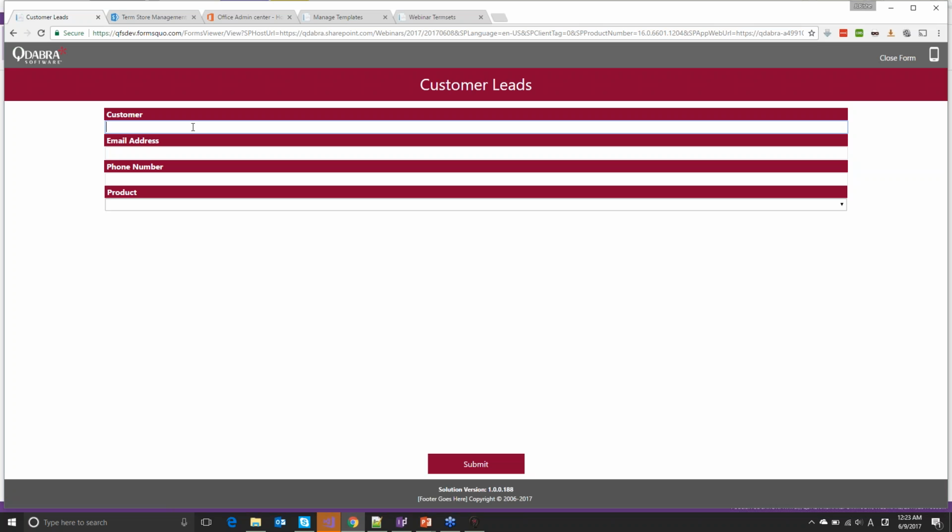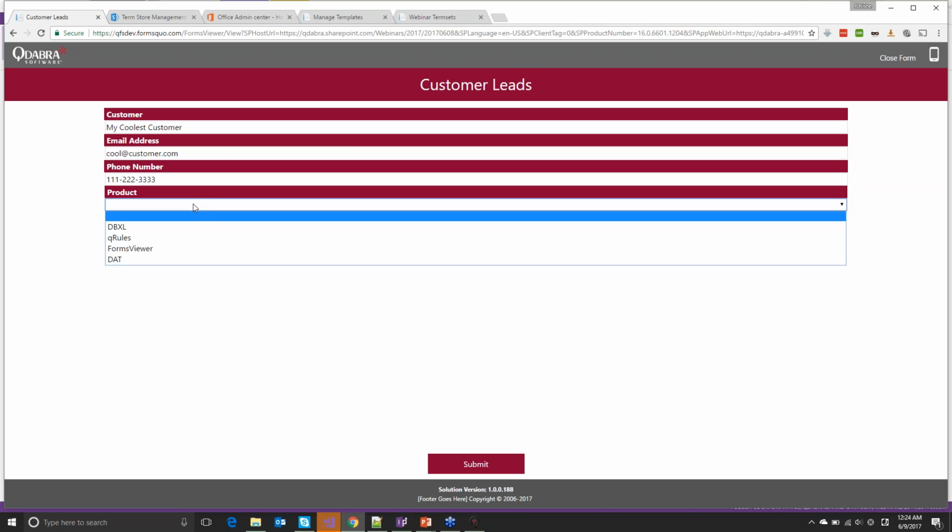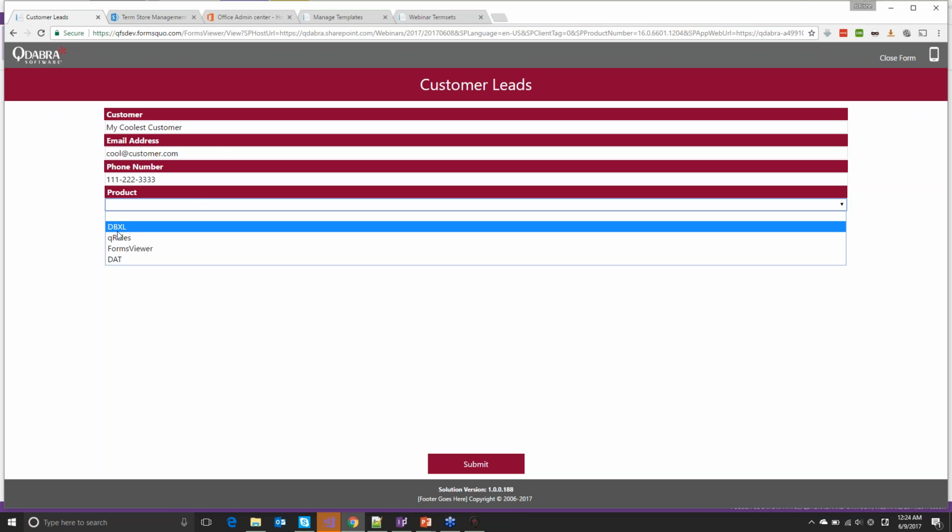Okay, so my coolest customer, cool@customer.com, 111-222-3333. All right, so here's my product dropdown, and we can see that it has loaded in those 4 categories